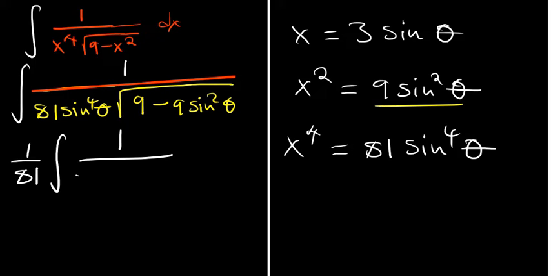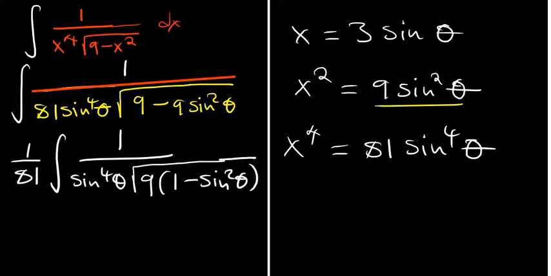It is going to be sine to the power 4 theta, and then under there we've got a square root, right? So how can we undo it? This is the way we can undo it. We can factor out a 9 there, so that we have 9, and then you remain with a 1 for the part where we've got 9, and then you just remain with sine squared of theta,